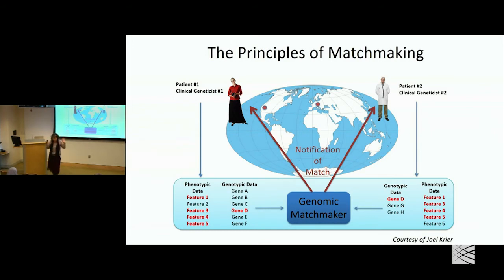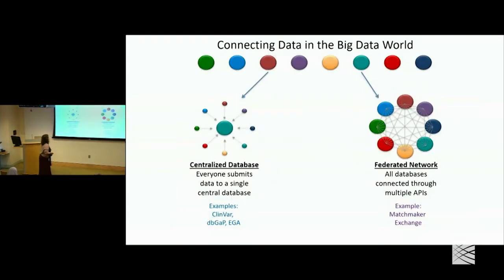And that's the basic, quite straightforward principles of matchmaking. Now, the problem was we had people with data in systems all around the world that were not allowed to put all of their data in the same database in the same country. And this is a model that's now being used quite commonly. So the traditional model is a centralized database like dbGaP or ClinVar, where everybody submits to one database that's hosted in one place, and then everybody just puts their data there and accesses it.